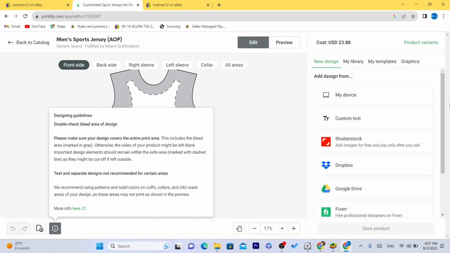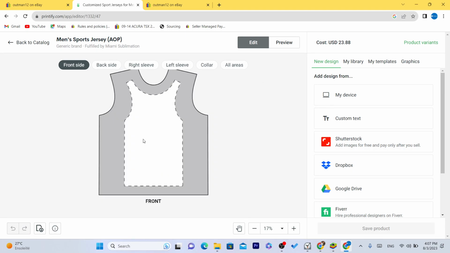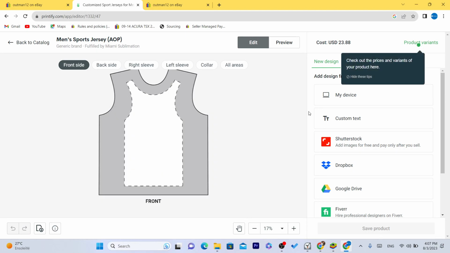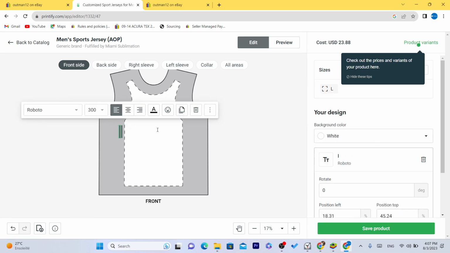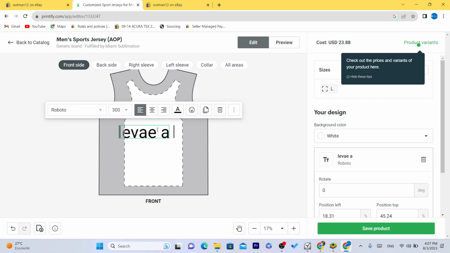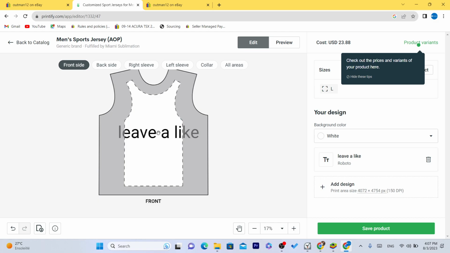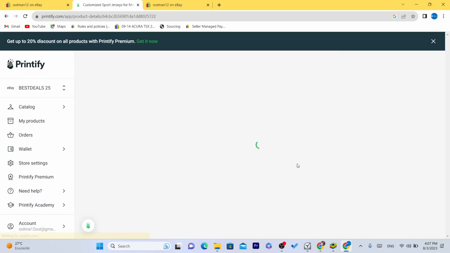and you can either download a logo from Google and paste it here, or you can just click, for example, on custom text. You just need to add, for example, "leave a like." Or you can add a logo. Most people are going to add a logo here. Okay, now, as you can see, it says here save a product. You want to click on save product,